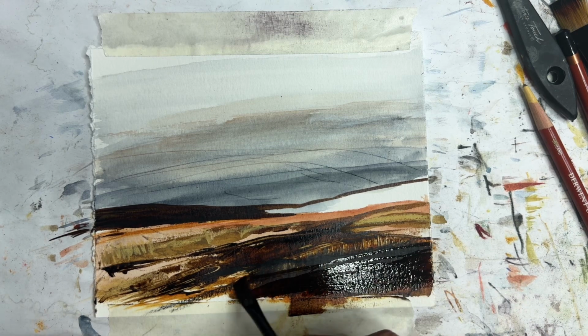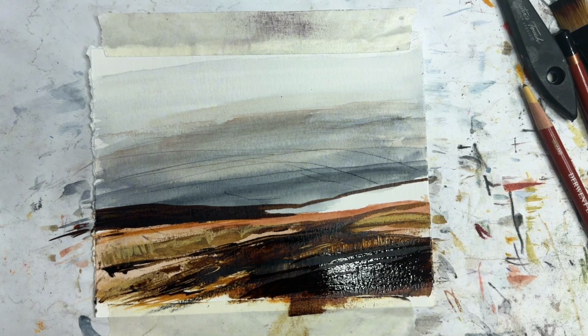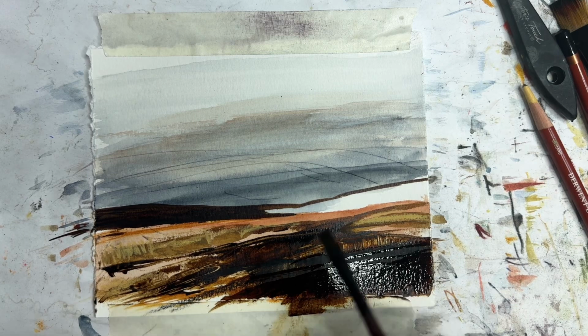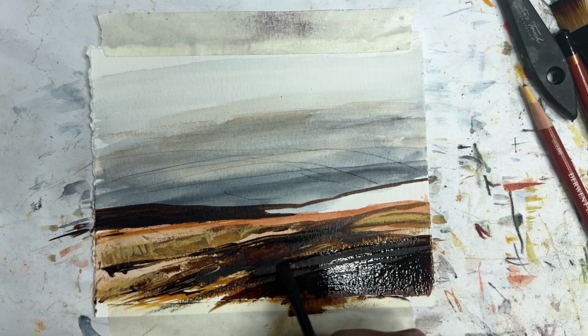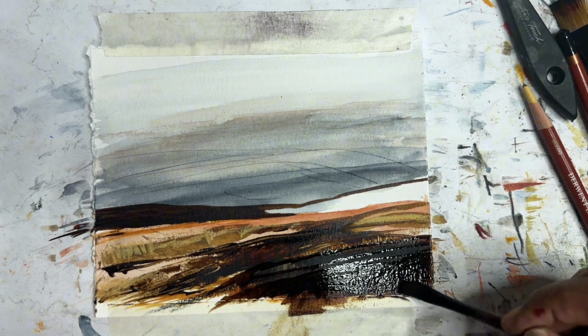The problem I'm having is that it's just a flat shape. And that doesn't really work for me. So I'm thinking if I just add in these little lines through here, that it might start making more sense. Maybe. Maybe, maybe not. Let's see how that dries because it's going to...